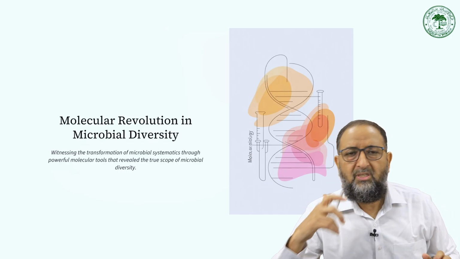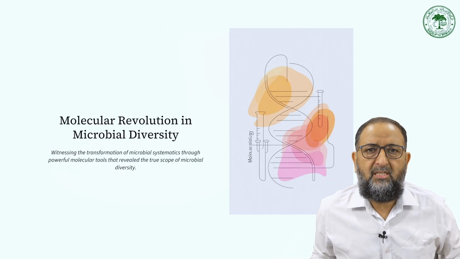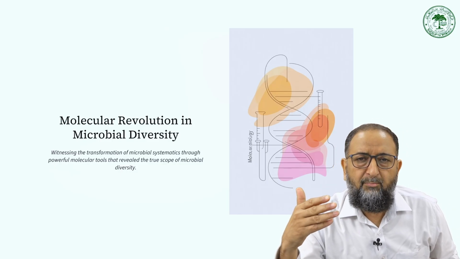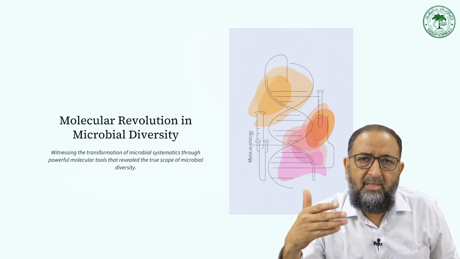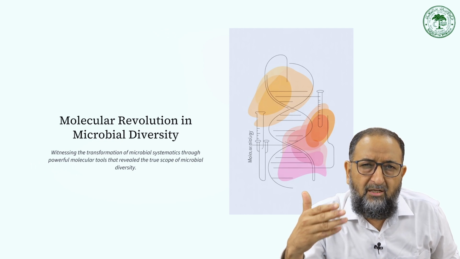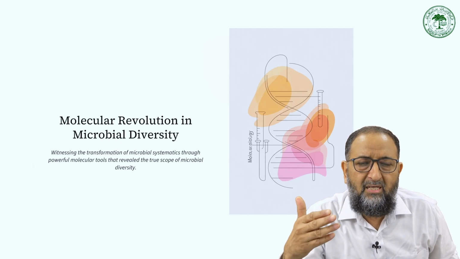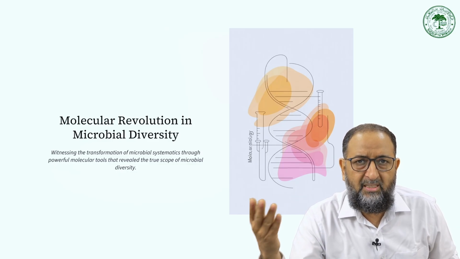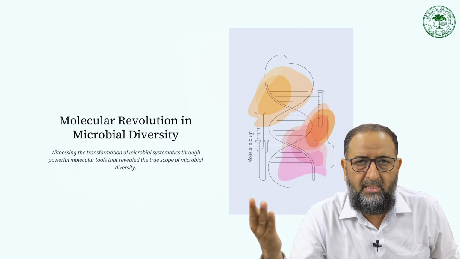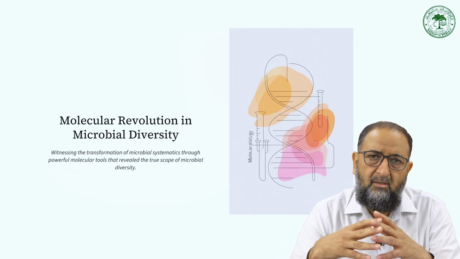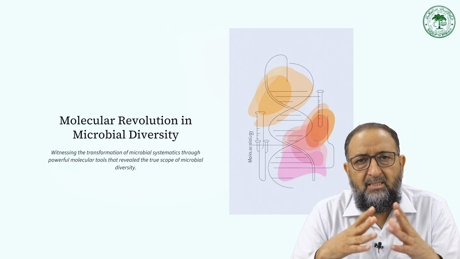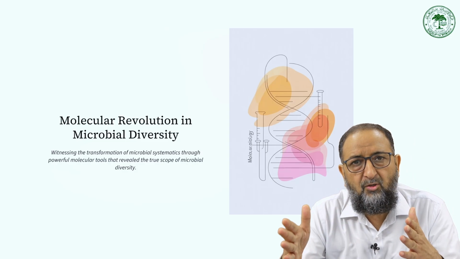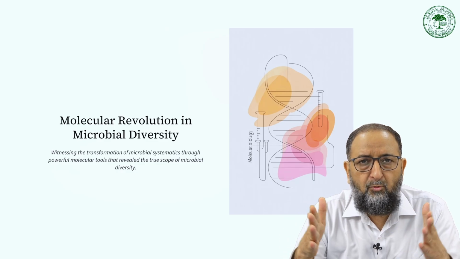based on the characteristic features, morphological characteristic features, and to keep them into one classification. Now, the requirements of classification are basically reproducibility and predictability, right? What does predictability mean? Stability and predictability mean the characters which you identify for one microorganism should be predictive. Like, if other microorganisms are identified from clinical isolates, from environmental isolates, from sewage, water and other water bodies, then if these organisms show percent similarity to the earlier ones,